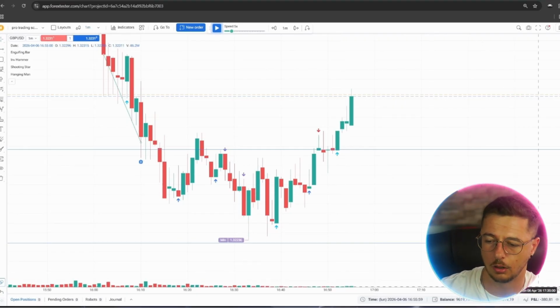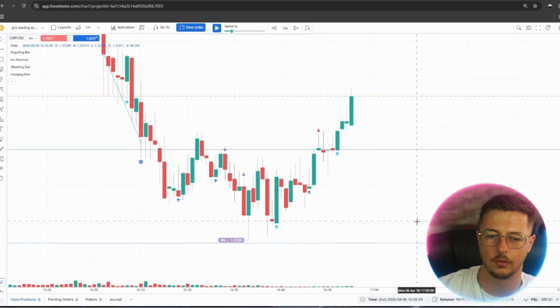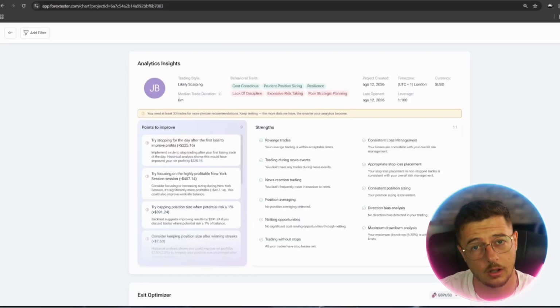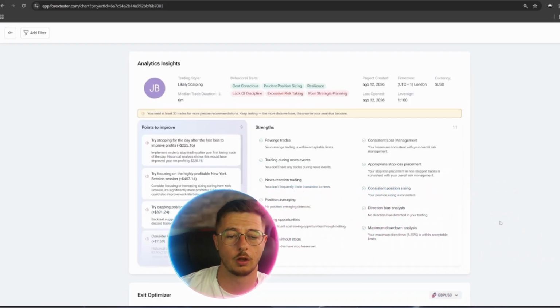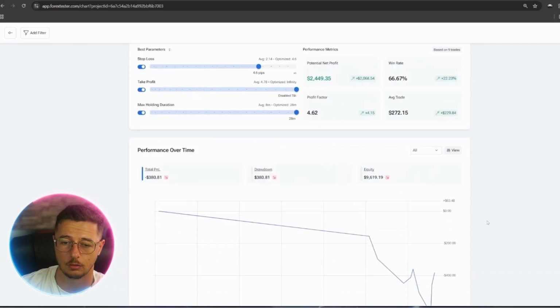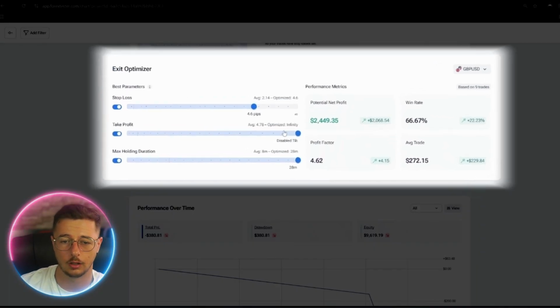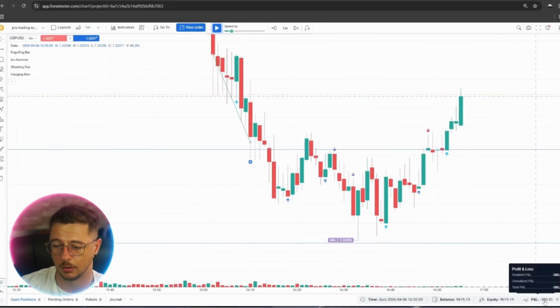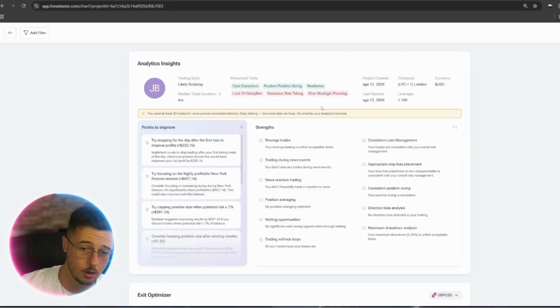And obviously, I won't overextend this too much, because at the end of the day, the results I can get on this trading strategy don't reflect the results that you can get, because depending on what type of person you are, this can be better or not. But we can actually look at the exit optimizer. If we would have brought the stop loss to 4.6 pips and disabled the take profit with a max holding time of 28 minutes, this losing trading strategy that I've been backtesting with a minus 3.8% would have come to a